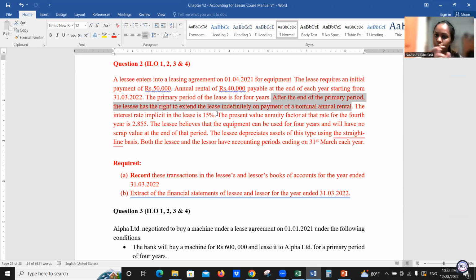So in this question we can assume that the lessee is getting the ownership transferred at the end of the lease